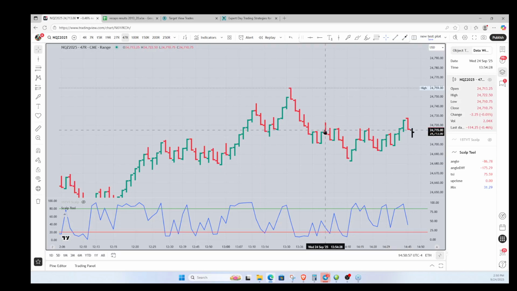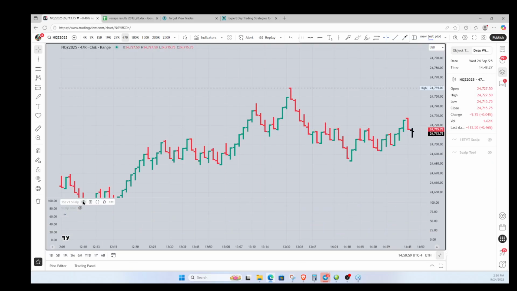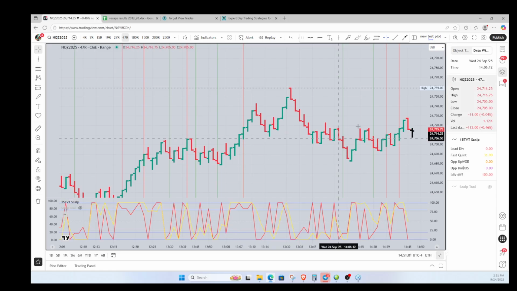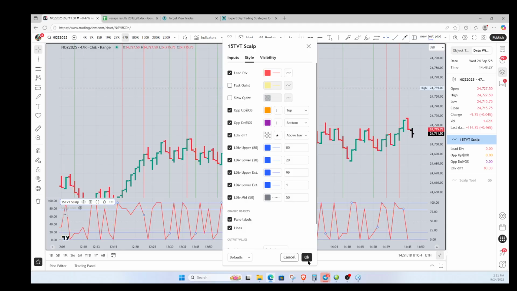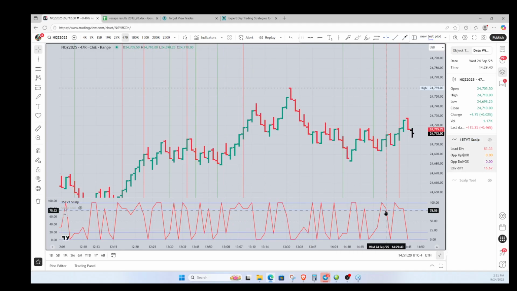So I keep working at it, like I always do, trying to make things easier and better. Look, lines on price. So now I have it doing it where it actually turns. Okay, I changed it so it does it where it actually turns. Let me just change this a second here. So I have it doing it where it actually turns, so there's no ambiguity about it, right? If it turns down in the overbought and you get an up close,